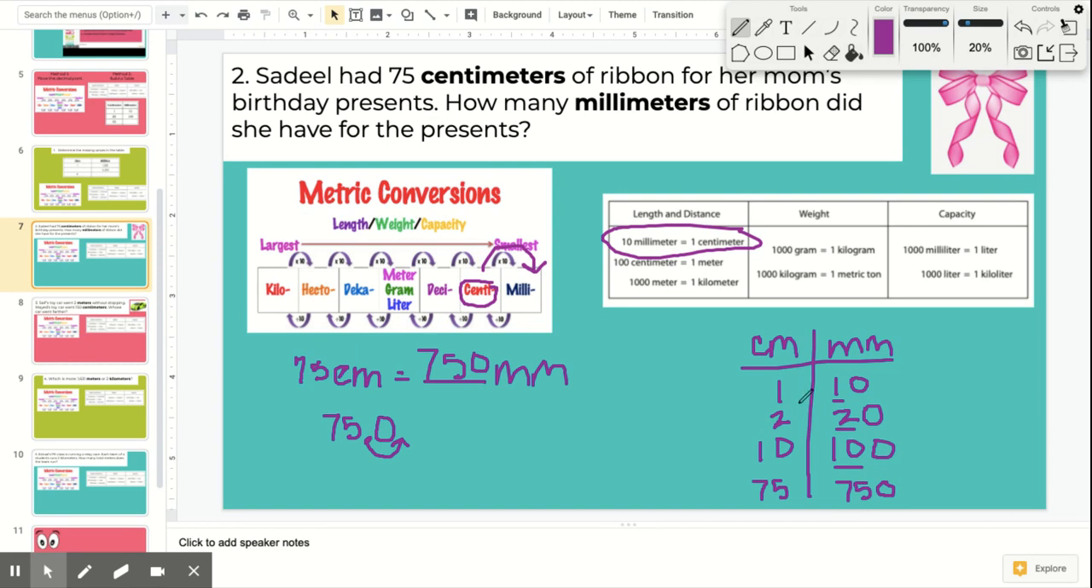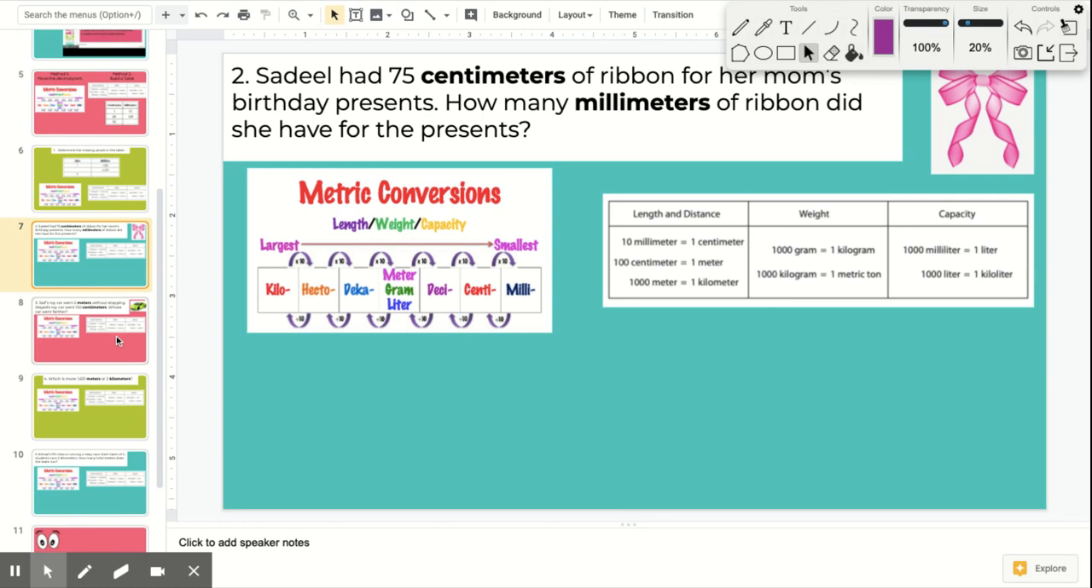Okay, so what I did is I multiplied by 10. That was the pattern all the way down. So I could give you any centimeter amount, and you could quickly convert it to millimeters by multiplying by 10. Okay, 75 times 10 equals 750. So I got 750 using both methods. Moving on